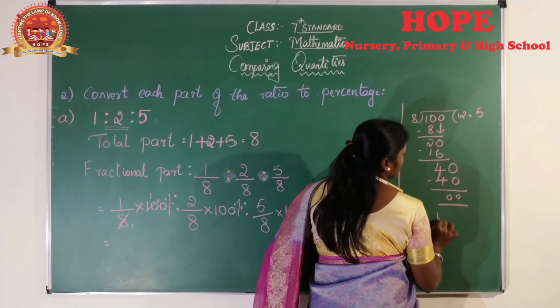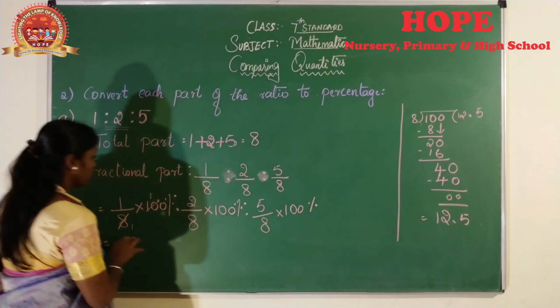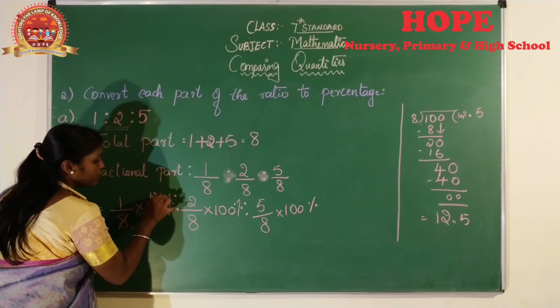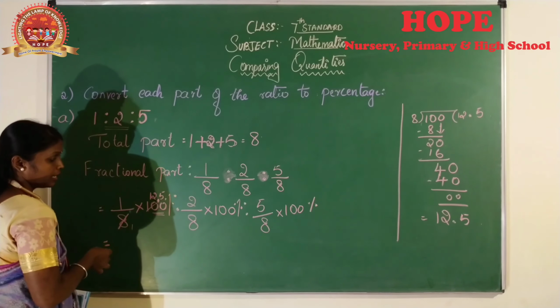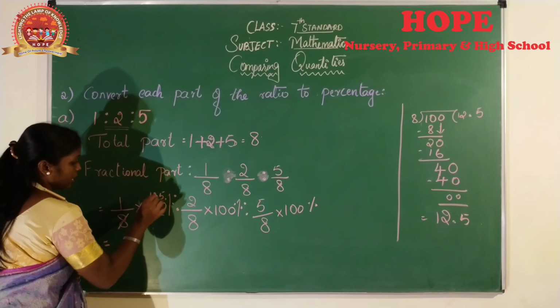So our answer is 12.5. So 1 into 12.5 is